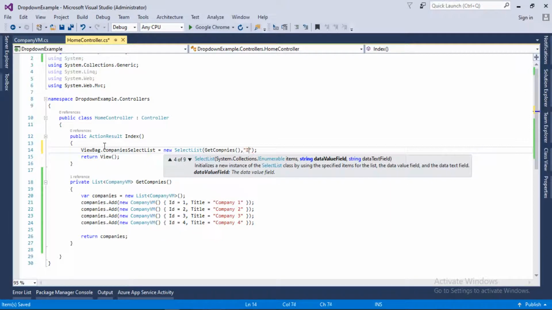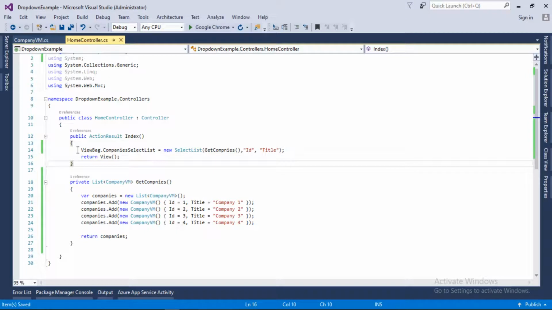So our data value will be ID and text value will be Title. So this is the ViewBag in which we pass the select list for the drop down, and by this name we need to access it on our Index view.